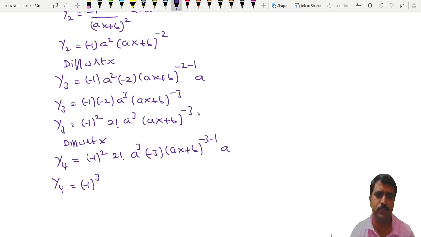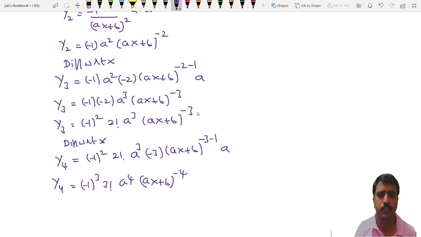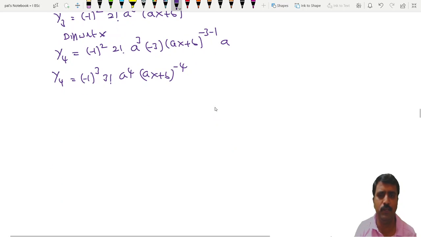So remaining is 2 factorial into 3. 2 factorial into 3 can be written as 3 factorial. A cube into a is a to the power 4 into ax plus b to the power minus 4. So now if you go on continuing like this,